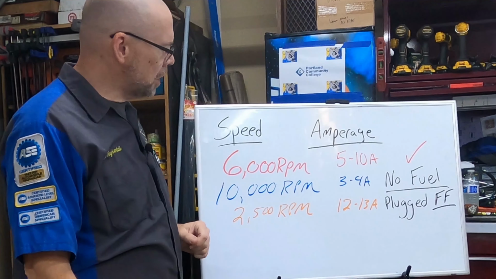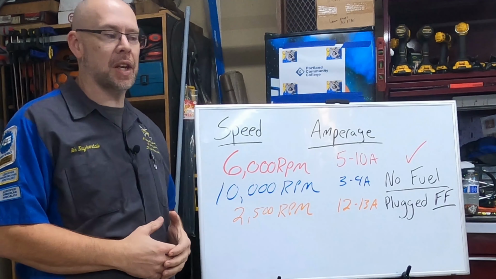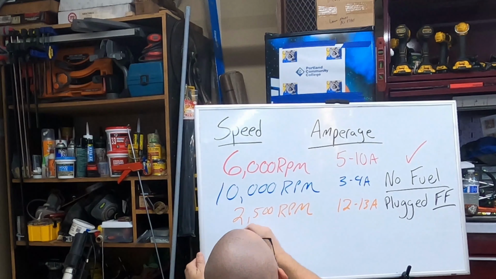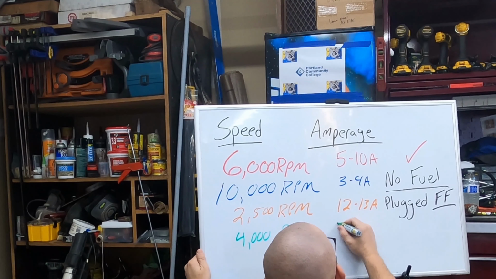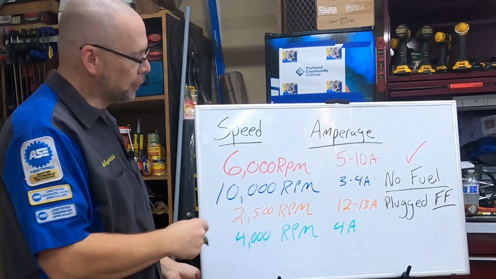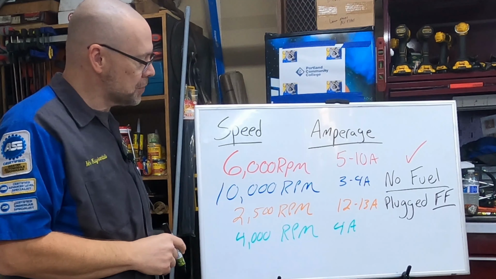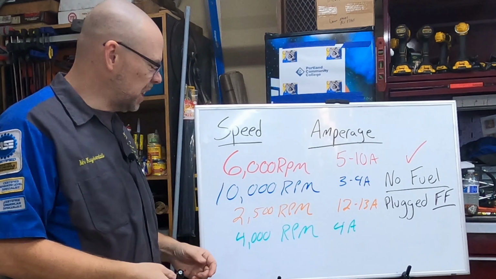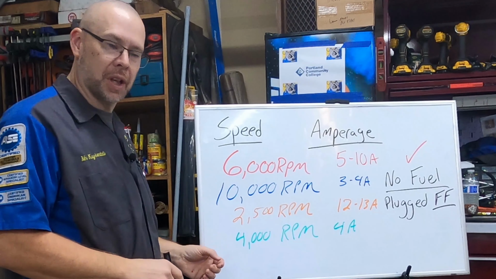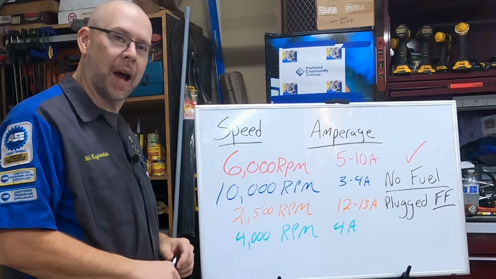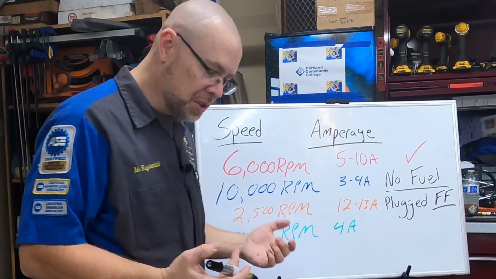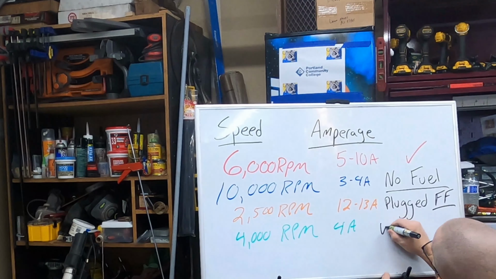Then we have one more scenario I'll throw at you. There are different things that can happen. I'm just throwing a couple at you. We'll throw one more. So we've got 4,000 RPM and about 4 amps. So this really isn't working all that hard, but it also isn't spinning all that fast. It's not utilizing its power. It's not spinning. It's not drawing a lot of current. In this instance,